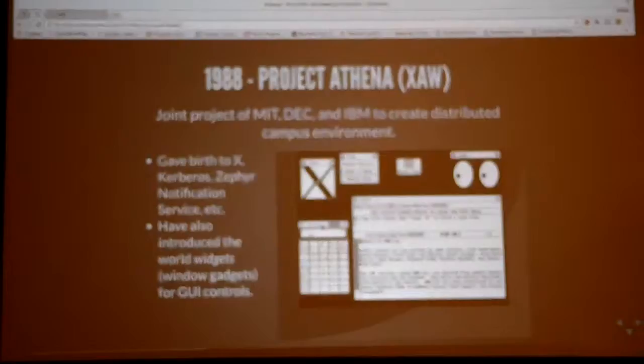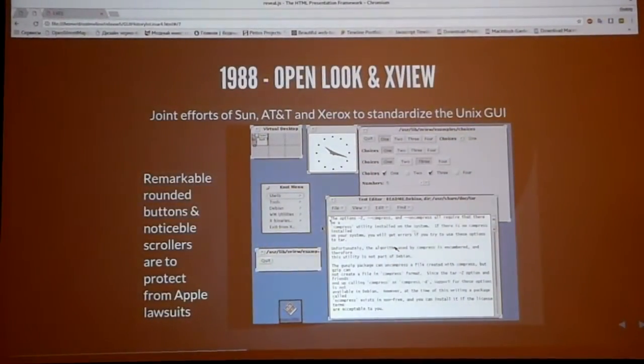The next system is known by almost nobody, and at least it is included in Debian nowadays. It is the so-called Open Look. One more joint effort, now of Sun Microsystems, AT&T and Xerox, to make a standard of unique graphical user interface.